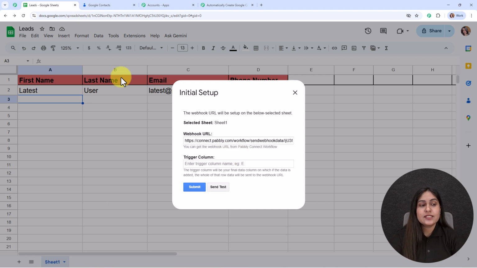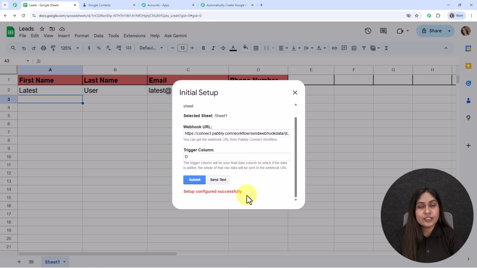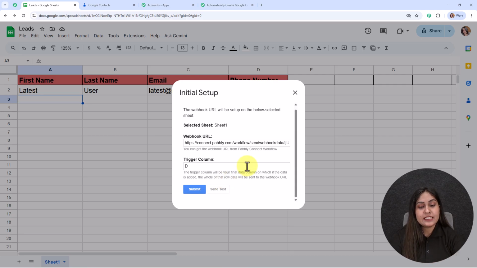So here you can see in my Google Sheet, my last data column is column D. So I'm going to add my trigger column as D, and now you have to enter all the required details. I'm going to click on this submit. It says set configured successfully. That means we have successfully set up a webhook inside our Google Sheets, and we have successfully connected our Google Sheets with Pabbly Connect. So now after building this connection, we are going to click on the send test button,